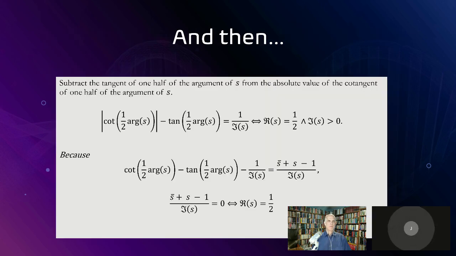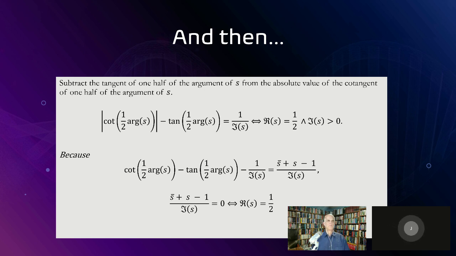All right. Now, there's another thing we did, with the intention of the paper or the proof, but it also allows us to map the Riemann zeta function on here, to graph the Riemann zeta function's values. Really, this was one of the consequences that results in the proof. So you get this condition in doing this step: the absolute value of the cotangent of half the argument minus the tangent of half the argument is equal to the reciprocal of the imaginary part.